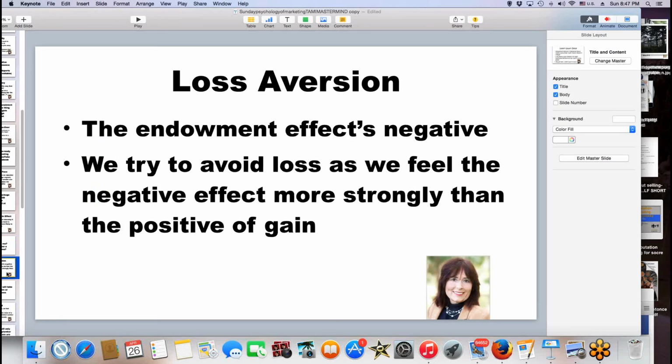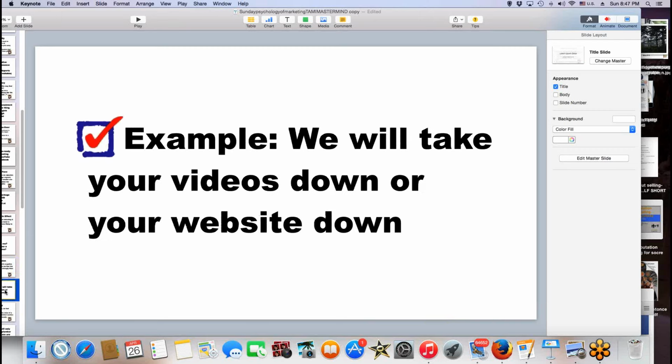Loss aversion is another effect, and this is the endowment effect's negative, because of course we do not like to lose something, and we have a strong negative effect if we think that we're going to lose something. This would be how something like, for example, if you put those videos up and you get them ranked on first page of Google, and then you say, well, if you don't want it, we'll just take it down, or you don't like this demo, we'll just take it down, or let's say if they don't pay for their videos and they're late, well, we'll just take it down. People don't like to lose things, especially if they have a perceived